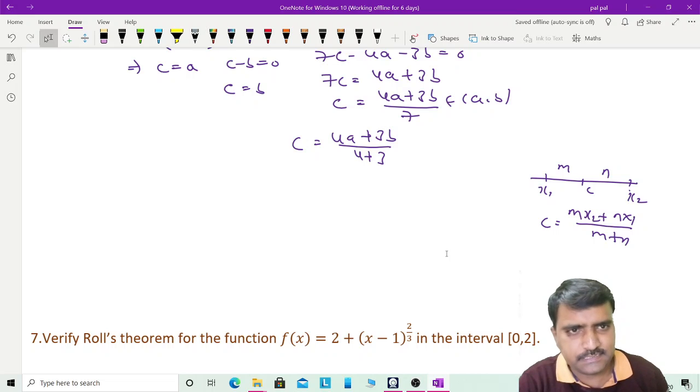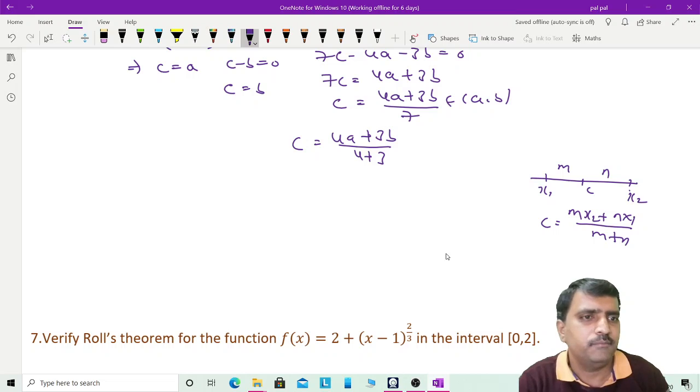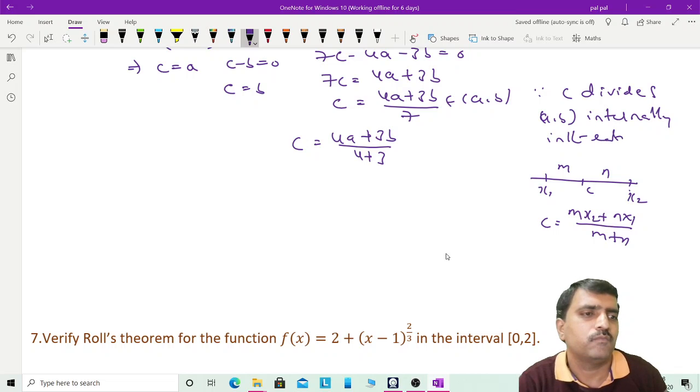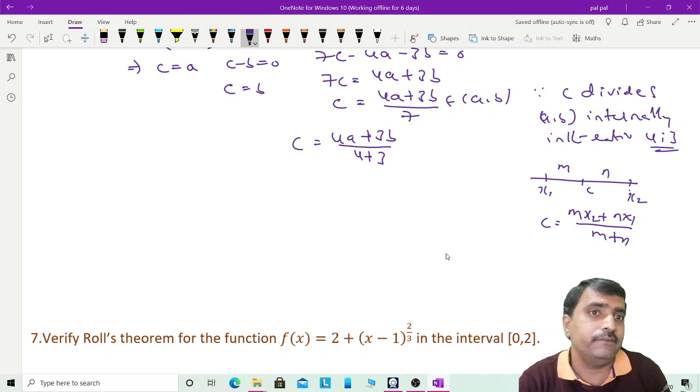This belongs to AB because c divides AB internally in the ratio m:n, that is 4:3. So because it divides internally,